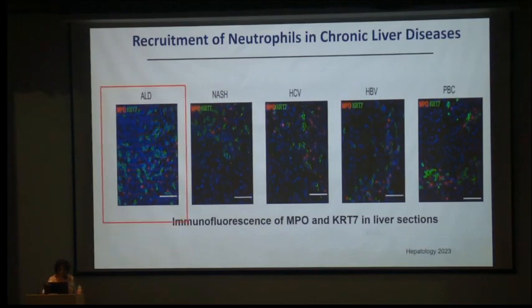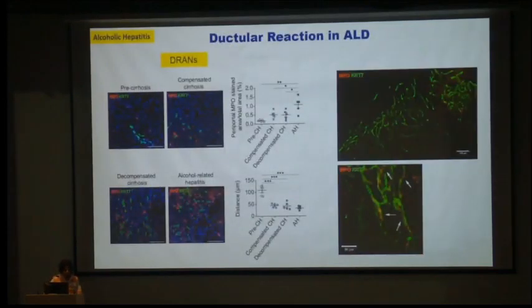And how, but they have seen that out of all those patients, alcoholic liver disease has the most, which has the basic concept, because in alcoholic liver disease, LPS secretion is more, and as I already told you, neutrophil recruitment will be more. However, they have very beautifully made it that in the pre-cirrhotic conditions of the alcohol, compensated cirrhosis, decompensated,